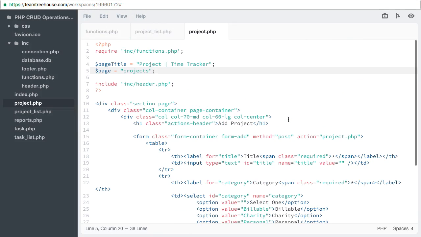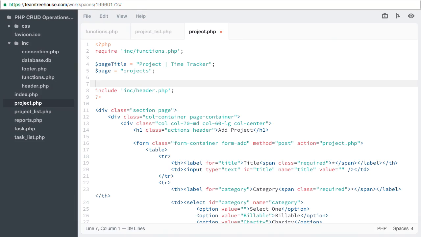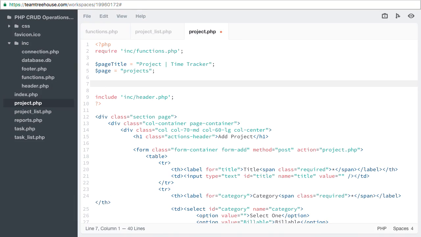Let's start filtering that data to use in our script. At the top of the file, before we include the header or send any output to the browser, but after our page variables, let's add some new code. We start by checking that the request method is post. If server request method is equal to post,